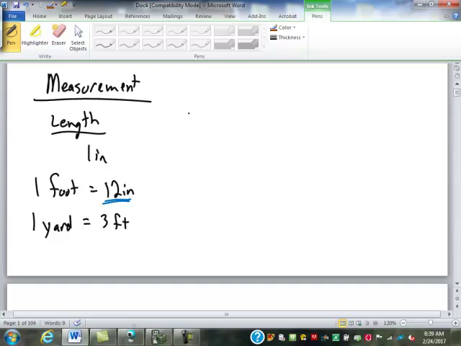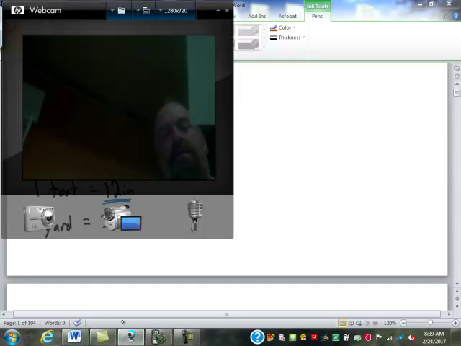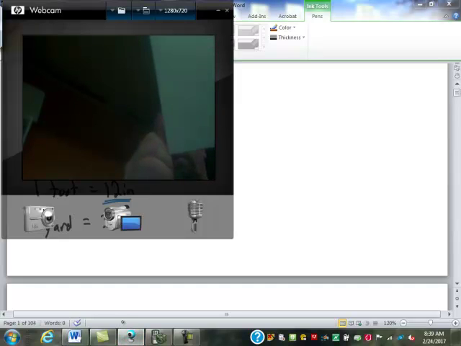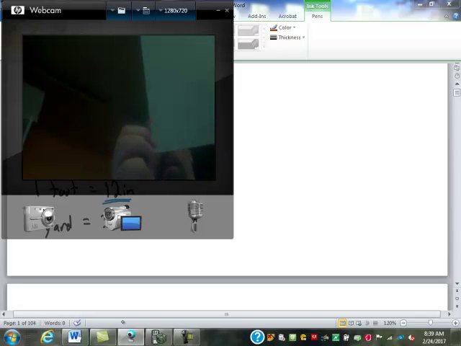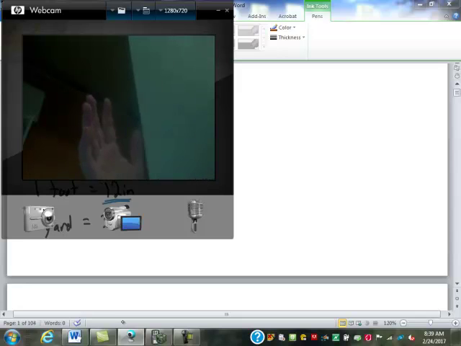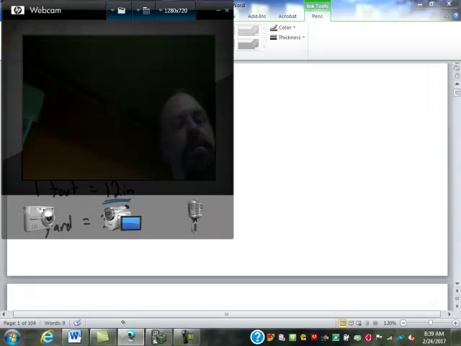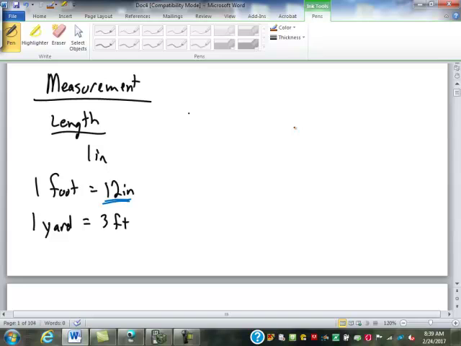Because up until that point, if I wanted to measure this piece of paper, well, I'd take my thumb and go 1, 2, 3. It was very slow because I had to sit there and count. And also there was a lot of error because every time I moved my thumb up a notch, I'm not necessarily getting it exactly where it ended the time before. So by King Edward doing that, they had these little blocks that were cut to that size. Well, then they just started, if they wanted to measure an object,